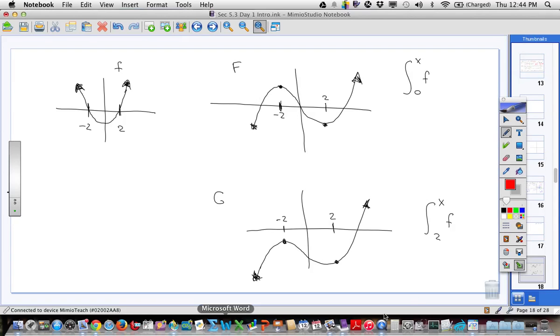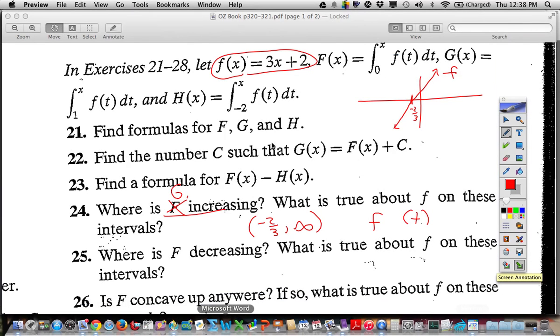All right, so when we make those chart questions, when we answer them, we don't need to go and do that area thing about losing positive and gaining negative or whatever. We can just use our regular questions. Where is big F decreasing? When little f is negative. That'd be from negative infinity to negative 2/3 and so forth. Now concavity I kind of like. Big F is concave up when little f is